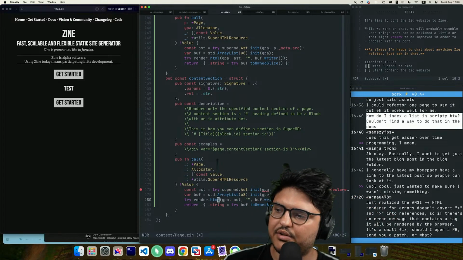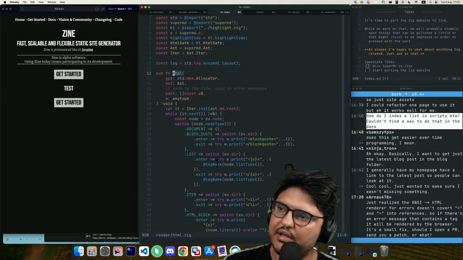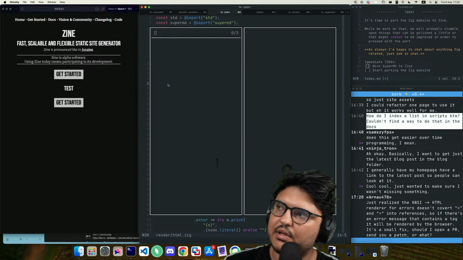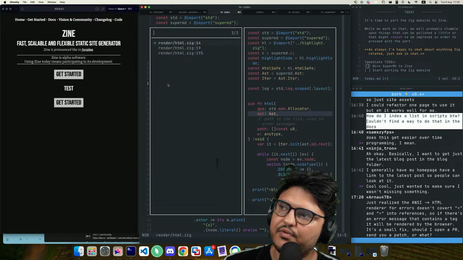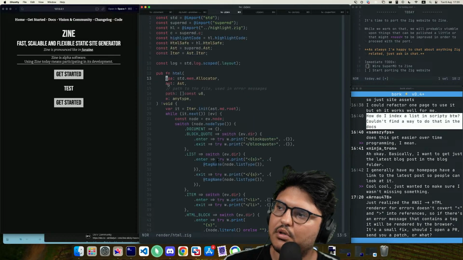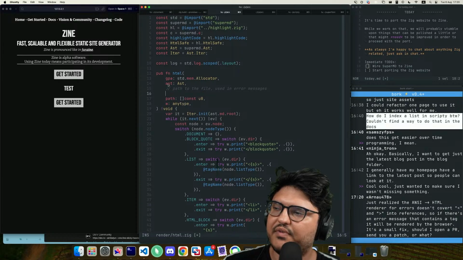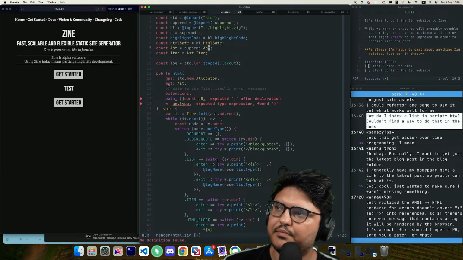So the thing is, actually, in HTML, we don't even care about being given an AST. Do we use it at all? We use it for extensions. That's it. So to be fair, we could do extensions. And then we need to figure out what type of that thing is.